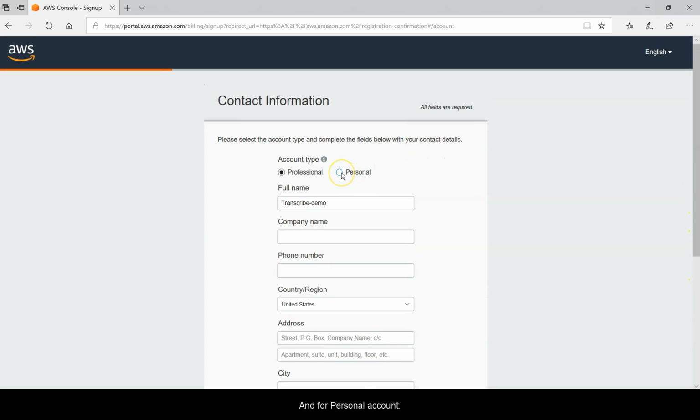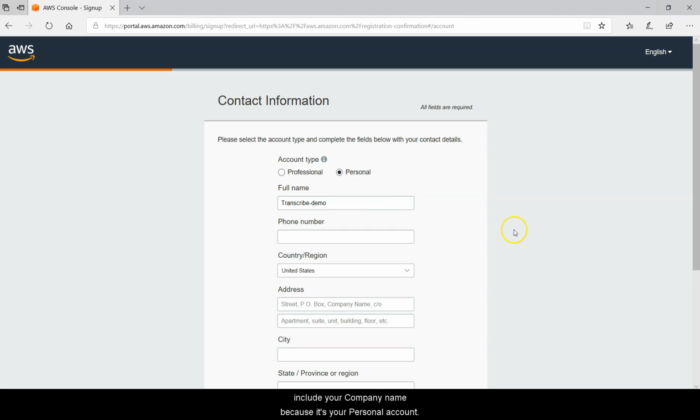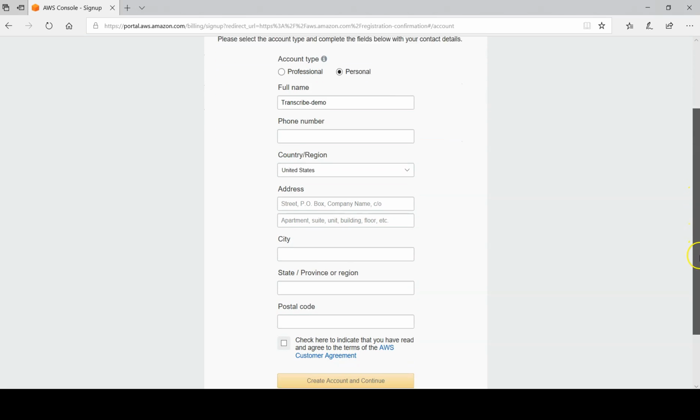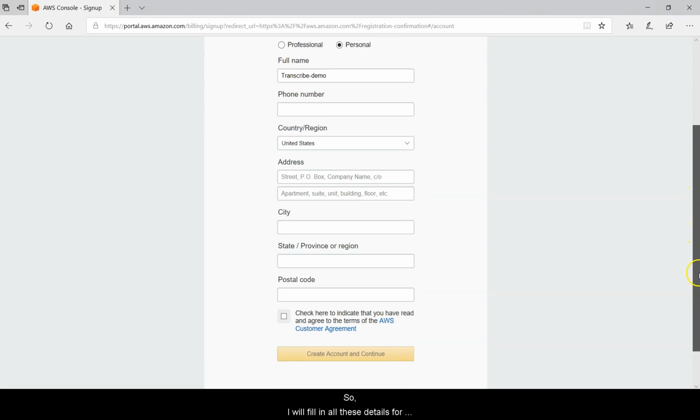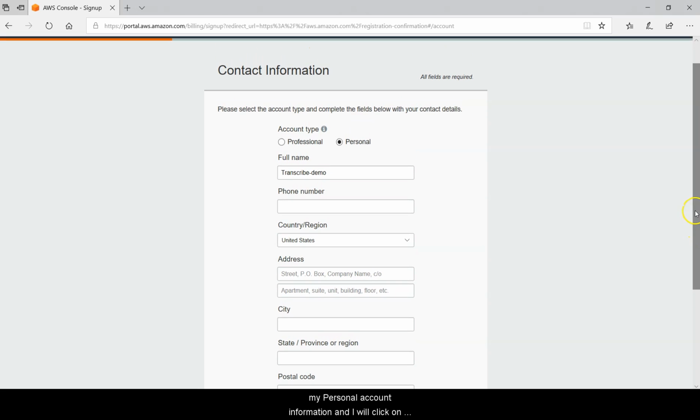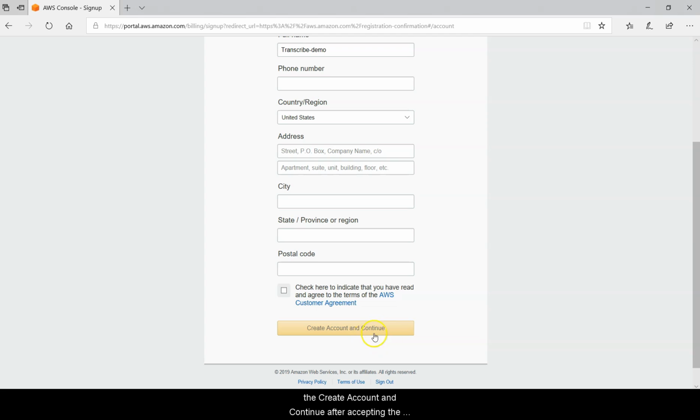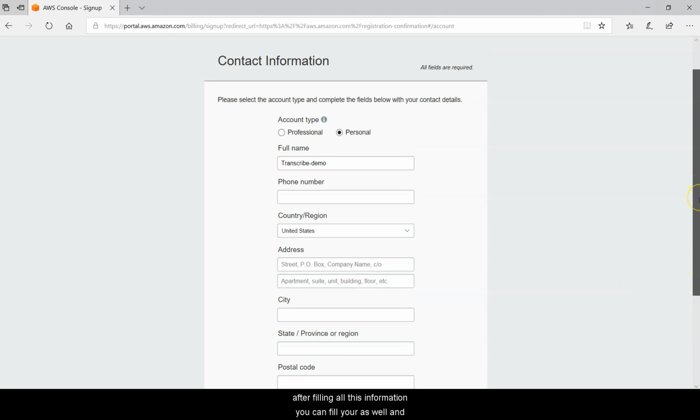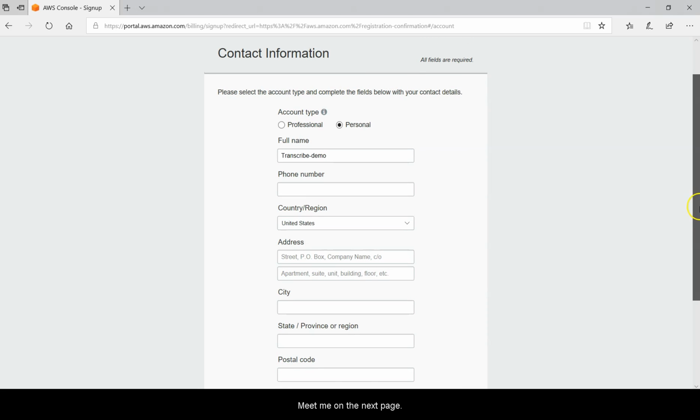And for a personal account, all of the things will remain the same, but you don't have to include your company name because it's your personal account. So I will fill in all these details for my personal account, and I will click on create account and continue after accepting the terms and conditions, and I will see you on the next page after filling all this information. You can fill yours as well and meet me on the next page.